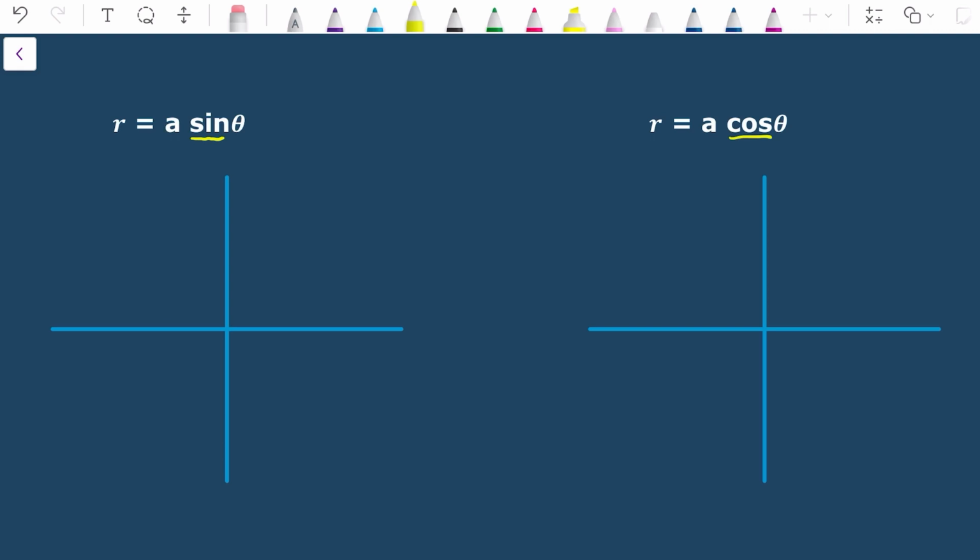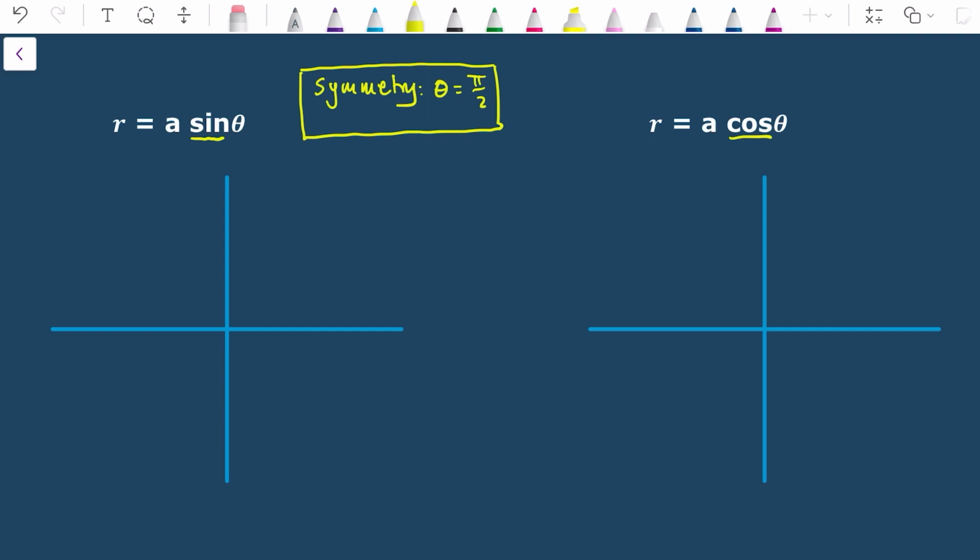But I just want to point out to you that you'll come across more graphs with sine and cosine. And there's two distinct differences when it comes to symmetry. So for sine, I'm always going to have symmetry around the pi by 2 axis. Okay, because I'm trying to show you patterns here so that you can memorize the standard shapes of these curves,